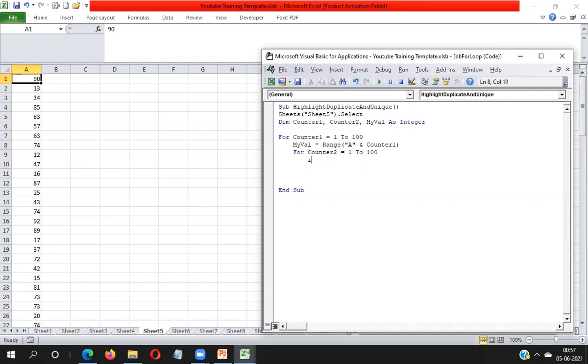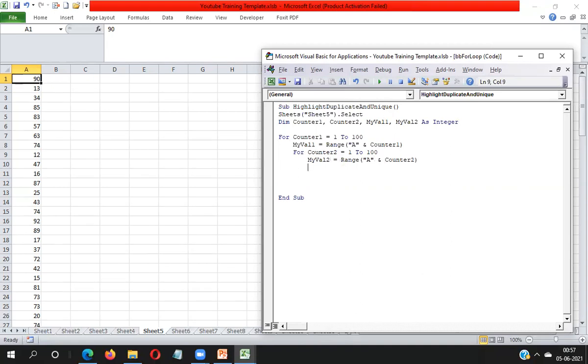I'm just declaring one more variable, myVal2, and here I'm taking myVal1. So the A1 value I'm storing in myVal1, and in myVal2 I'm storing the same kind of value, Range("A" concatenate counter2), but here I have to use counter2 as the row reference.